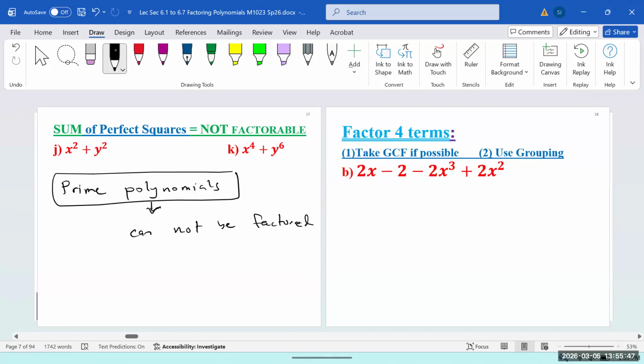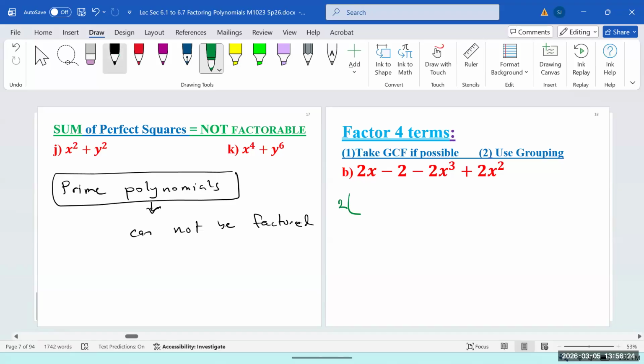The four-term case is easy because you have only 2 methods, either GCF or grouping, or both. So question number 1. Do you see any GCF in this polynomial? What do you notice? 2. So you factor out your GCF first. And if you do that division mentally, from 2x, you divide it by 2. What is left in the first term?